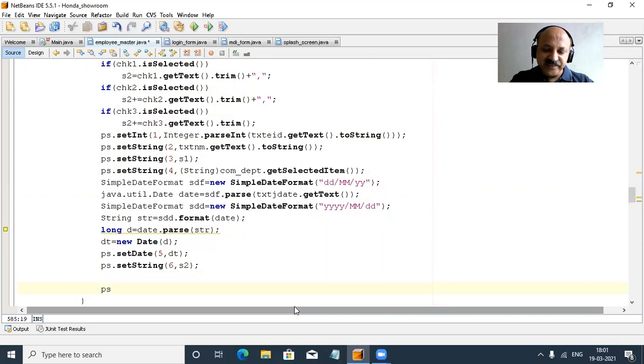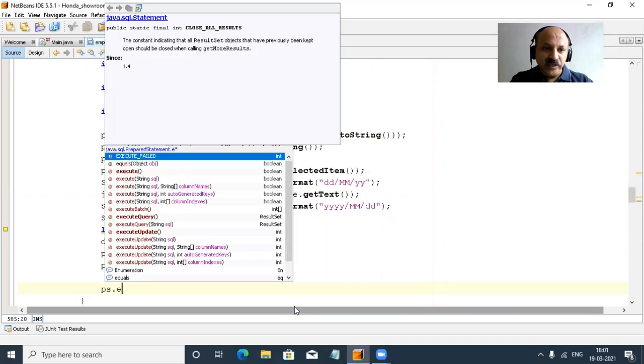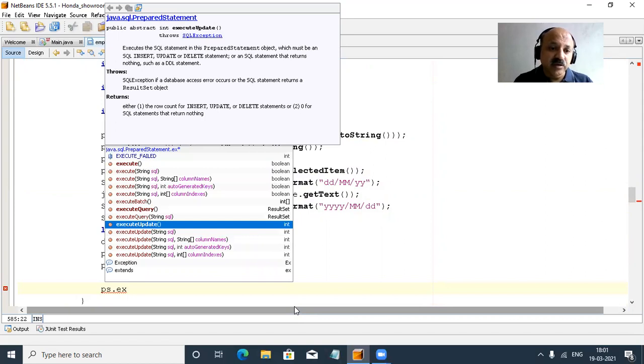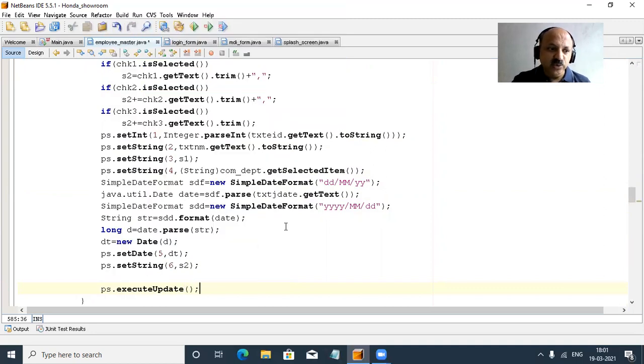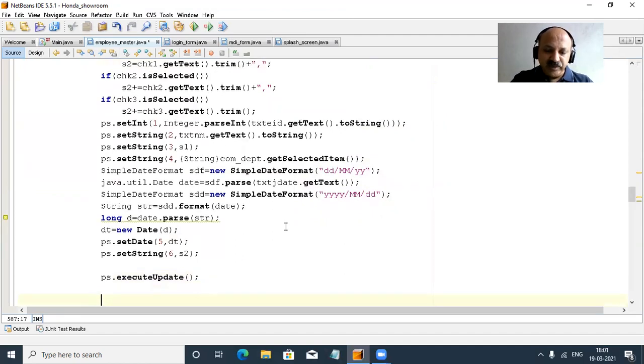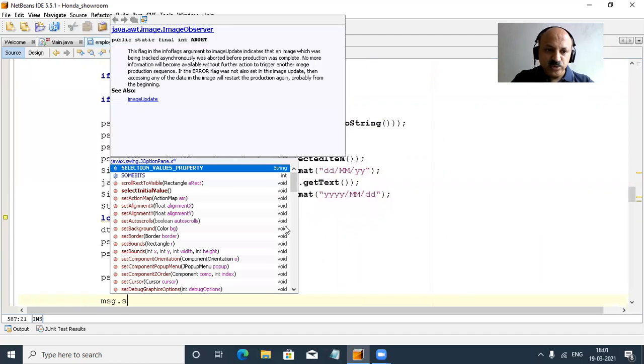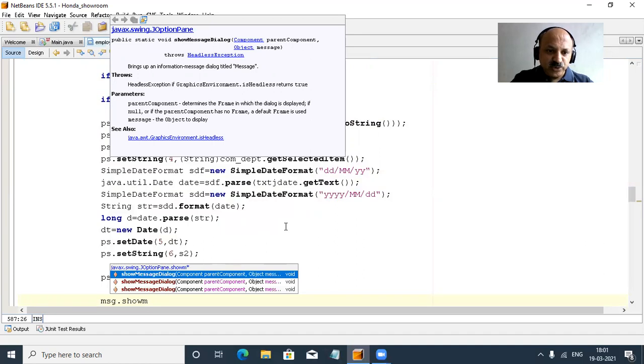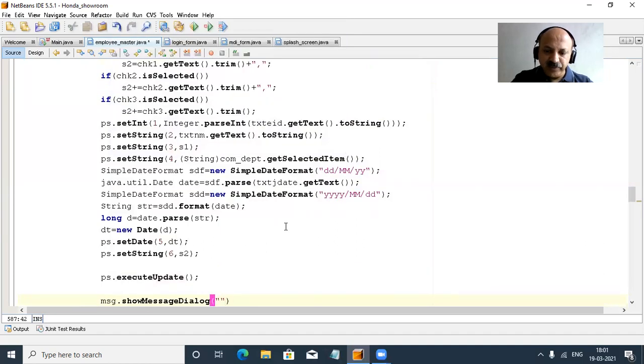Now ps, and now we execute. That is executeUpdate, and its return type is integer. We can also use a message box to show a message.